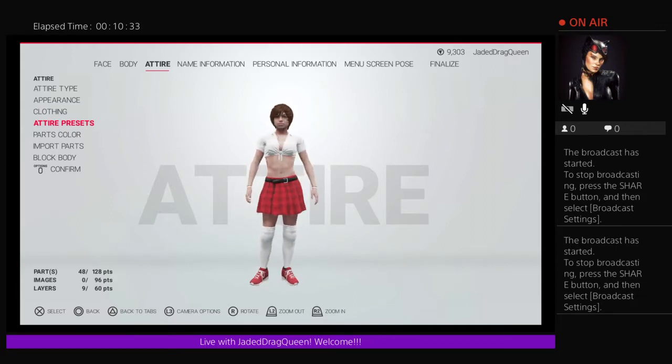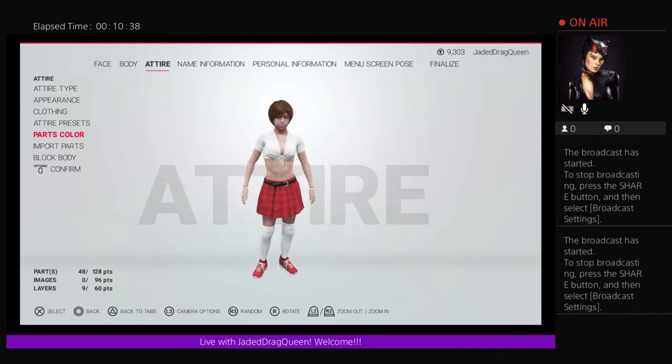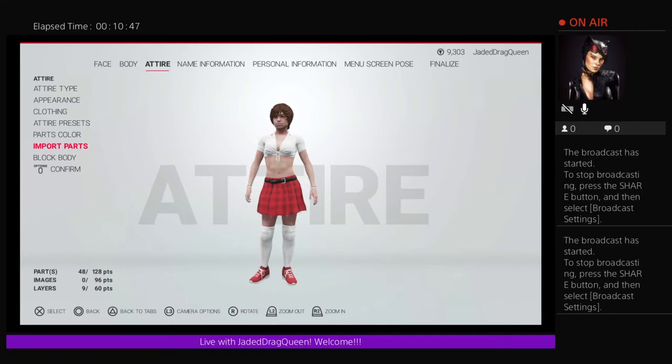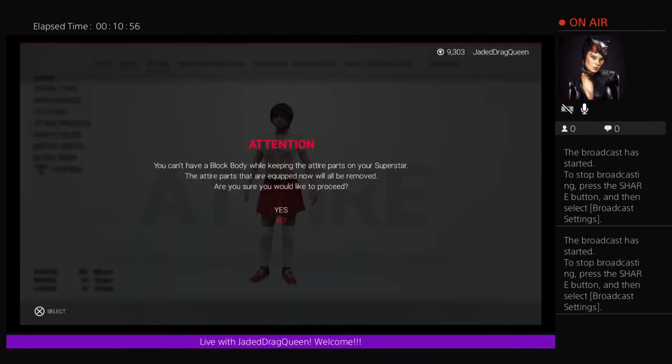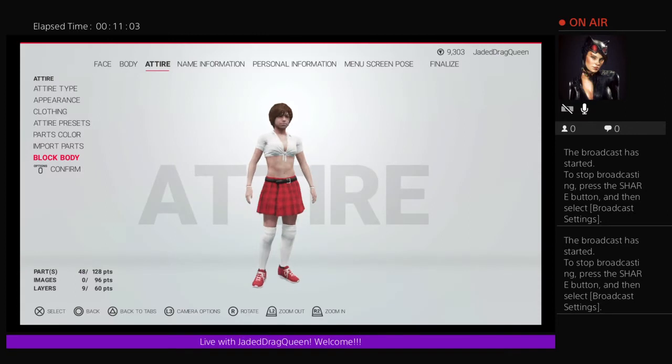So yeah, attire presets, and then you can edit the parts, the color parts, if you didn't do that before while you're selecting each piece individually, or if you're changing your preset, you can change the color. Or you can import parts or make your character have the same attire as a current superstar. And then block body, which I haven't tampered with, but if it is what I think it is,